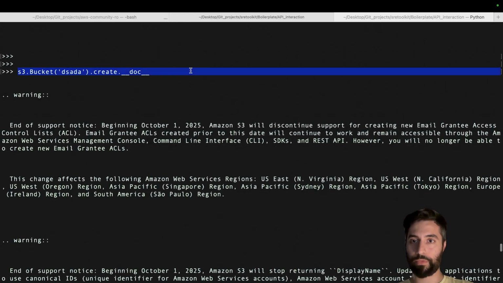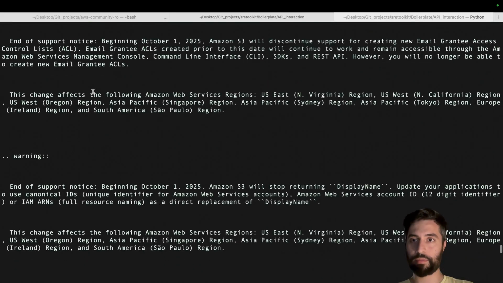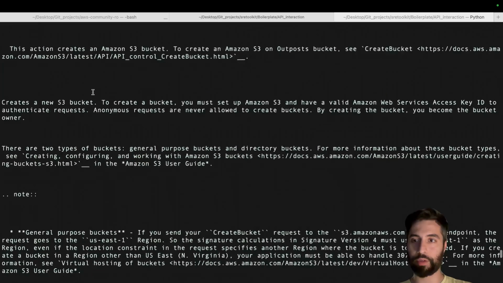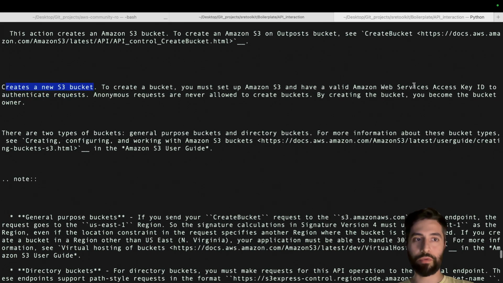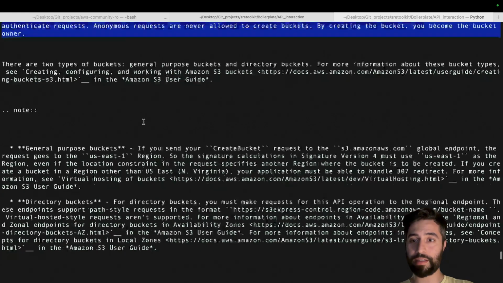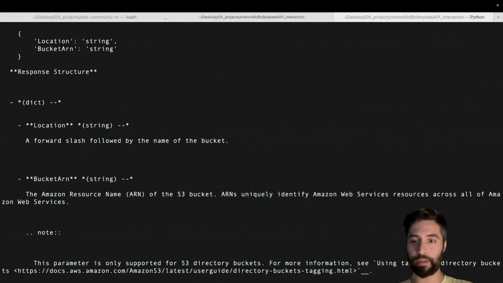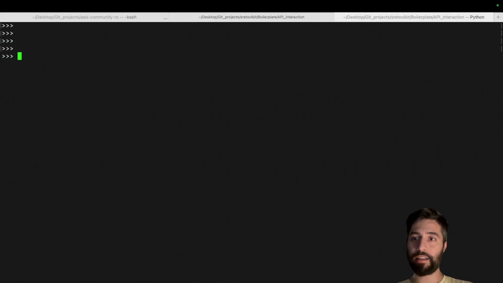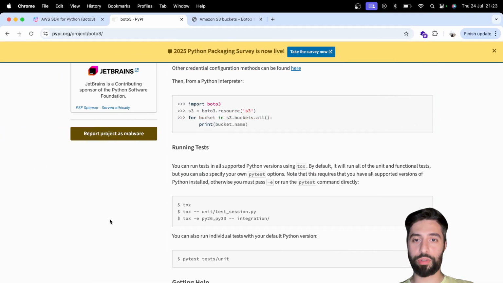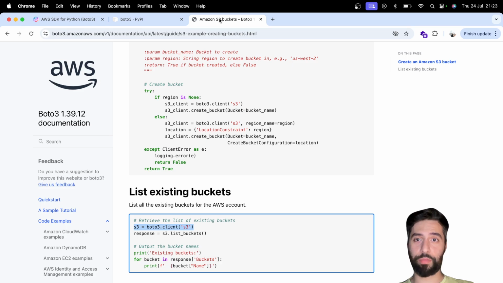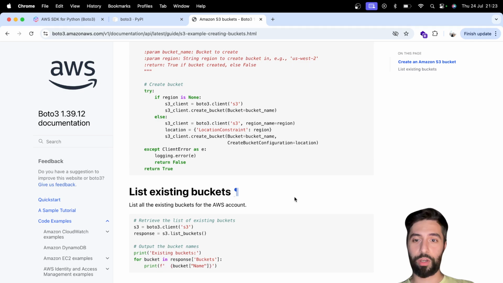So in the documentation, we have some warnings with regards to some deprecated things. Creates an S3 bucket. Of course, you need to have an access key to authenticate the request, but this is the method that actually creates the bucket. This is fine and dandy, pretty simple, we understood. But now we have another documentation, the official AWS Boto documentation, with some examples with regards to the same service,